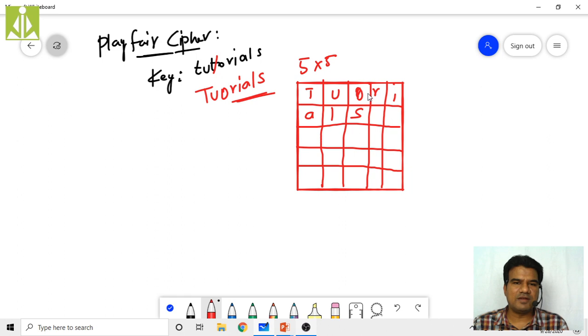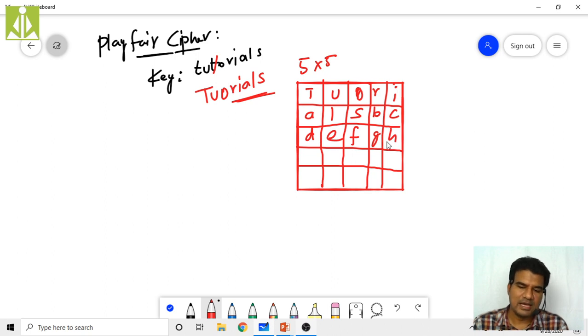So my English alphabet will start from A. We already got A, so simply skip that A. Next you take B. Okay. Do we have C over here? No. So put C, then E. Okay. After BC, we do have D, right? So put D, then E, F. Okay. G, H, and we got I over here. In this tutorial, we got I over here.